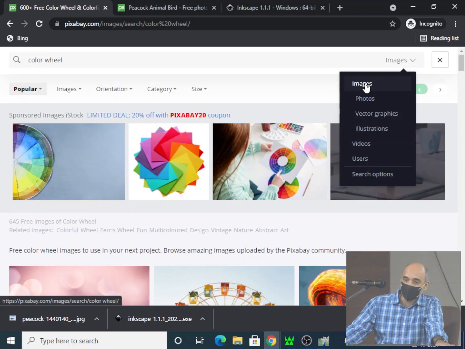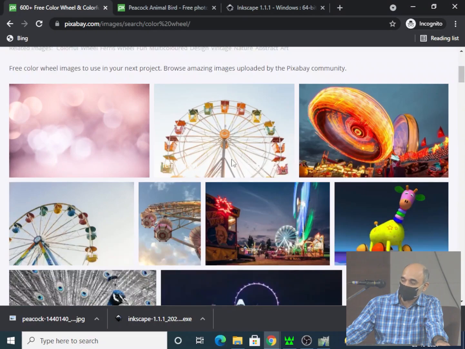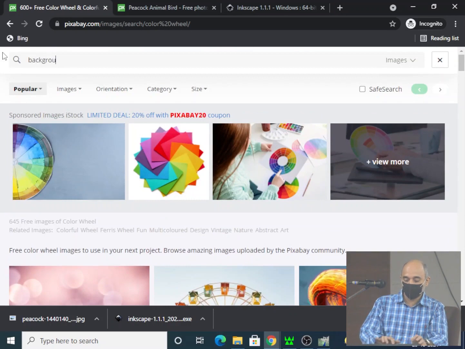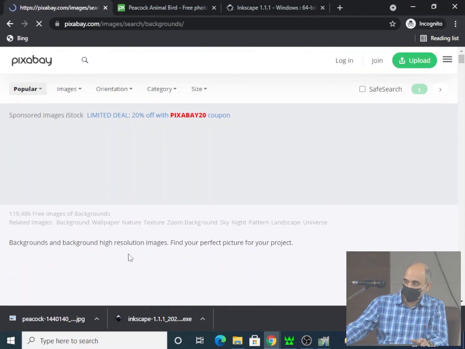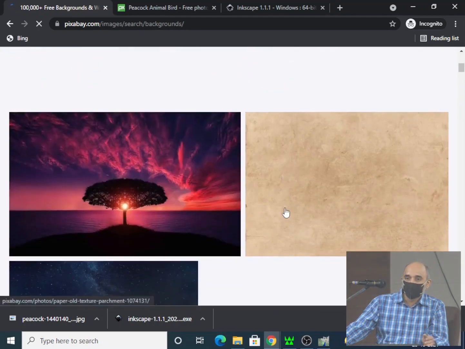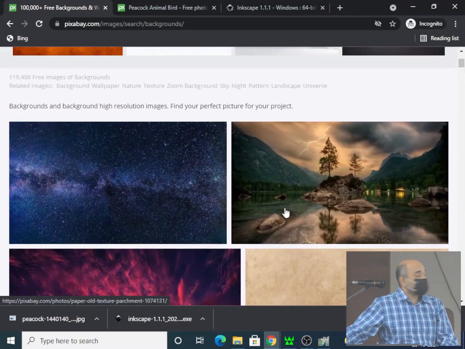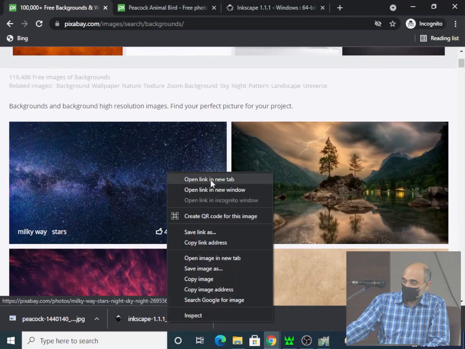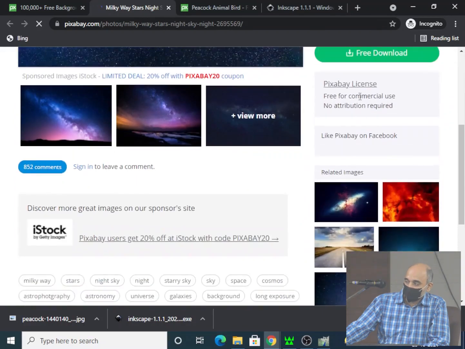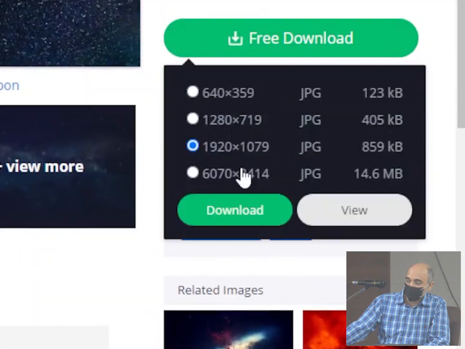And you don't have to pay, it is free. And second is there are no copyright issues. Okay, so nobody is going to catch your neck for using this image. So whatever you want to use, you can use from Pixabay. Okay, you can search for backgrounds also. There will be a huge collection that you are going to get. Yeah, and when you go to download, you can select what resolution you want to download it at.